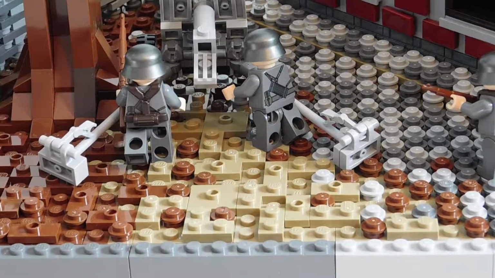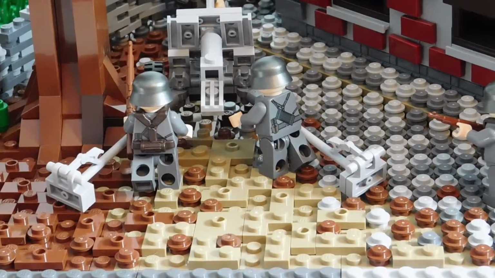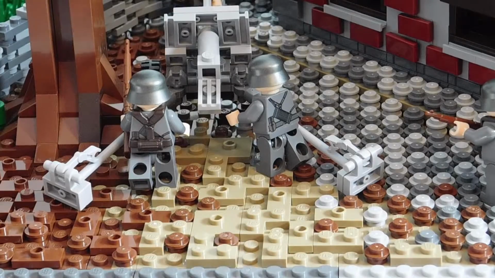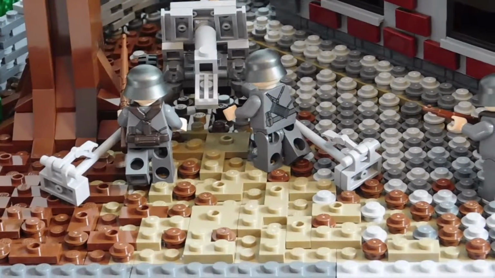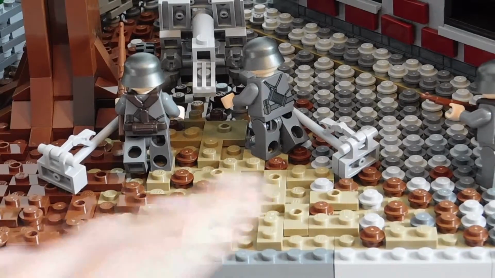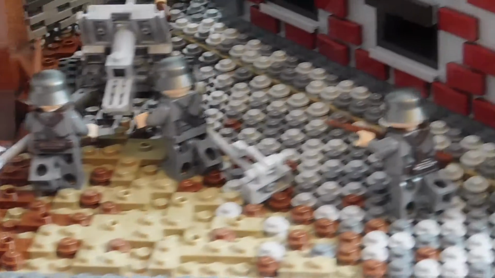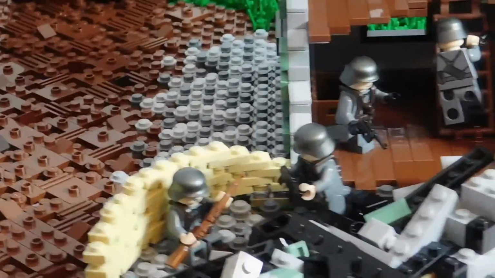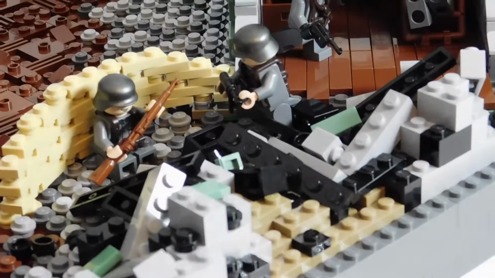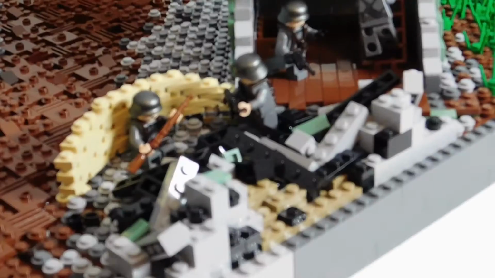Okay, coming back to show you guys the progress. I have filled in this little section with these pieces, so now it looks a lot better. It looks more detailed, like what's around it. And then I also put in the rubble for the ruin building. And as you can see, I put in some of those sand green tiles